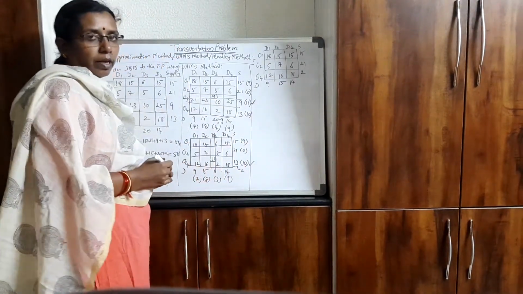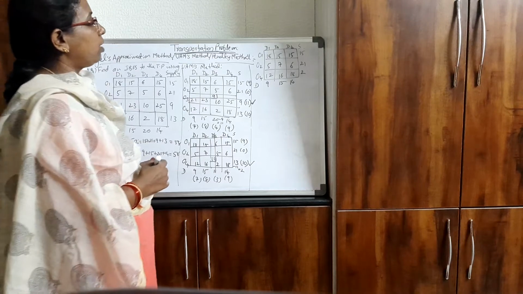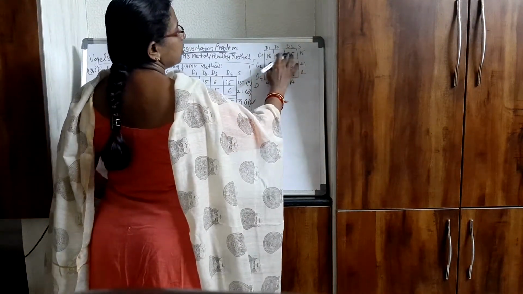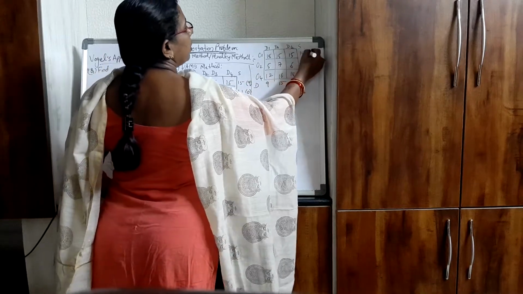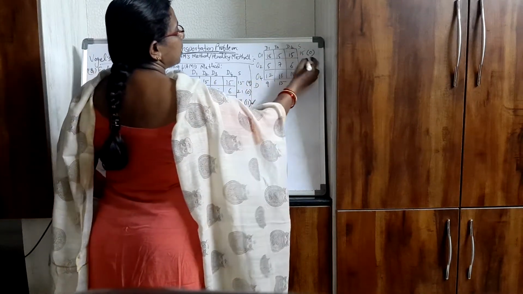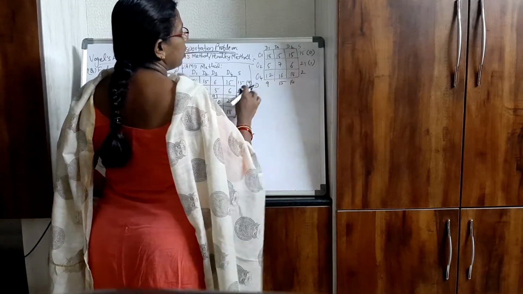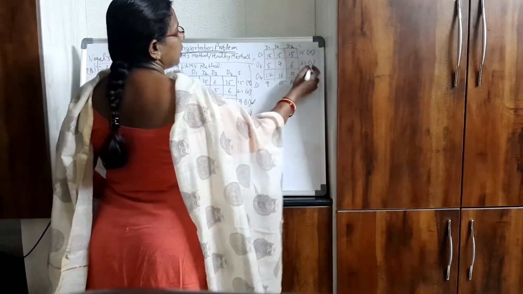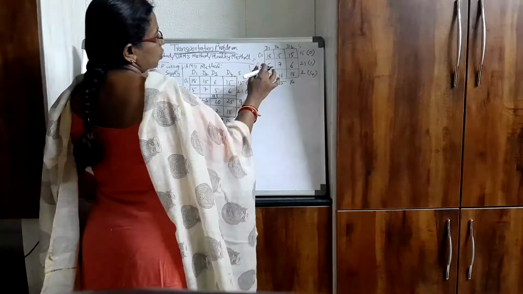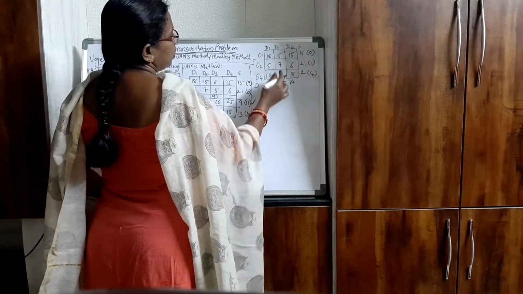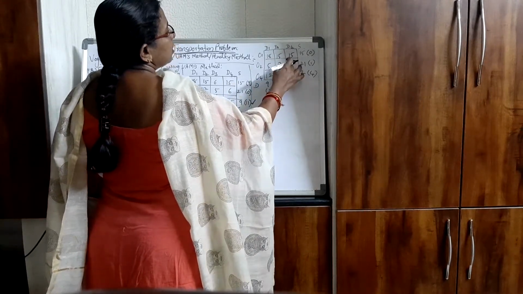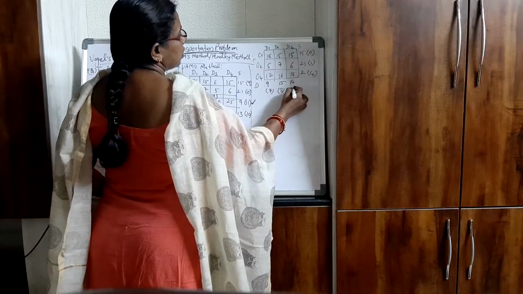Now again calculate the penalties. How to calculate the penalties? Same. First row you have two minimum values, 15 and 15 same. So the difference will be 0. Second row you have 5 and 6 as minimum. So difference is 1. Third row 12 and 16. So difference is 4. Come column wise. You have 5 and 12. So this is 7. 7 and 15. So it is 8. 6 and 15. It is 9.